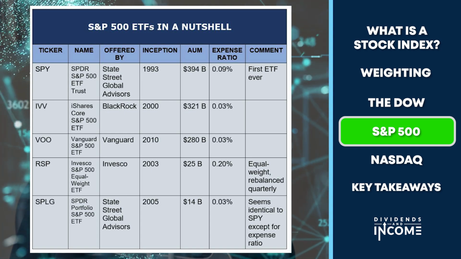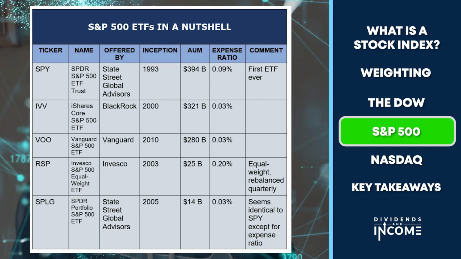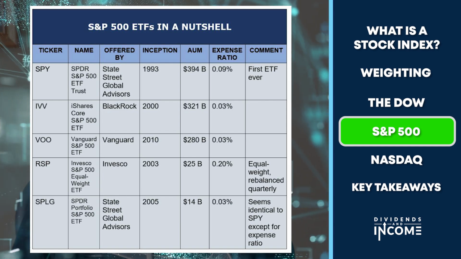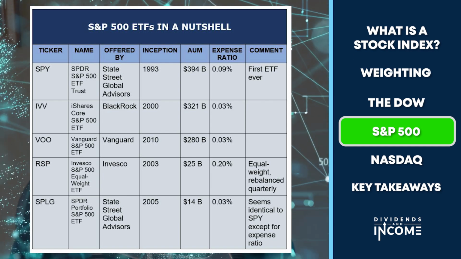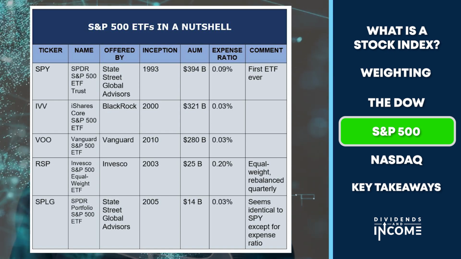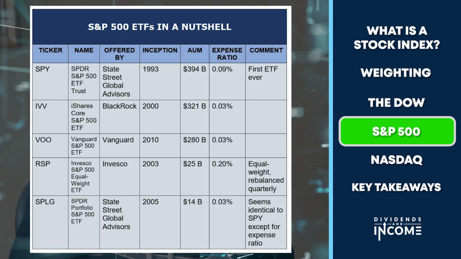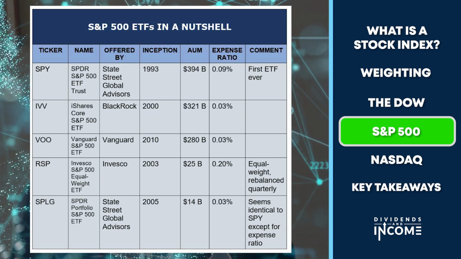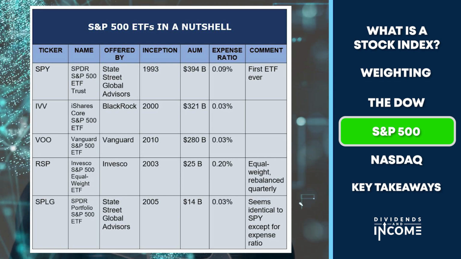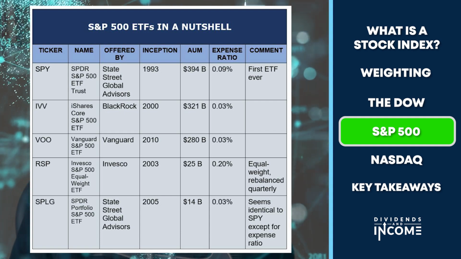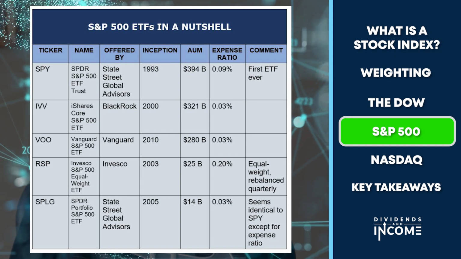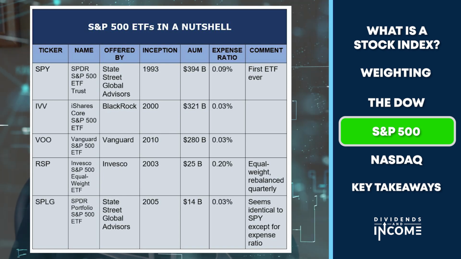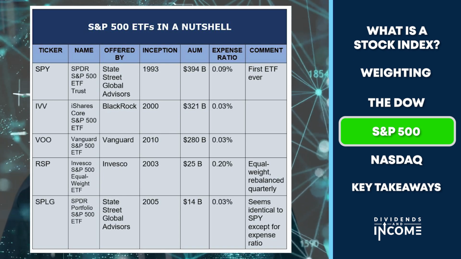And there are several ETFs that follow the S&P 500. So we not only have the $394 billion in SPY, the next one down is BlackRock's IVV that follows the same index in the same way. It's attracted, since being introduced in 2000, $321 billion. The next one down is Vanguard's version of the same index. It was just introduced in 2010, but it's already attracted $280 billion. So you can see the pattern here. There are others that I don't have up because they are smaller, but just those 3 alone is almost $1 trillion worth of money invested in the S&P 500 through these 3 ETFs.